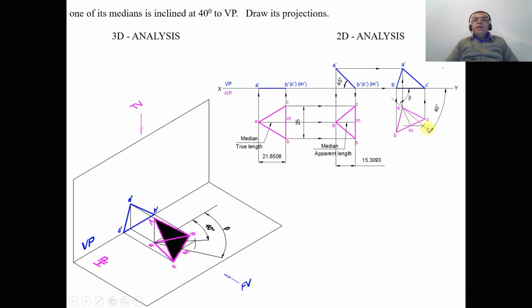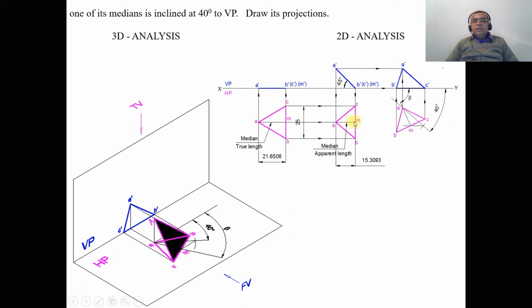draw an inclined line. As we know that this is the true inclination line, so the true length of the median we will be able to find from the first position top view, as the median A dash M dash is parallel to HP, so you are getting the true length in HP. So you measure the length from A to M of this first position top view with A as center, cut an arc on that 40-degree line, then you draw a horizontal line to get the locus, then you measure the